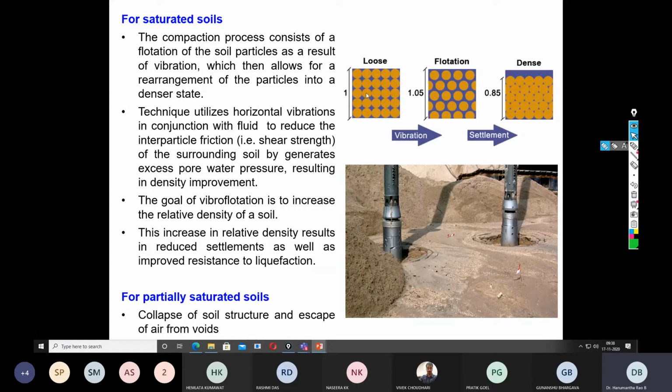Just imagine you have a loose in situ soil at the field, and then there is a liquefaction. During the liquefaction, the soil gets liquefied and the particles maintain a floating condition. Upon the removal or dissipation of the energy, the water bubbles out and all the soil particles go down. This is called densification. This is what exactly happens in the case of liquefaction.